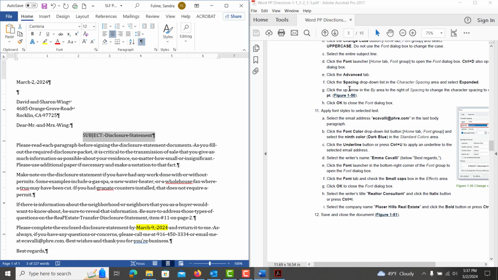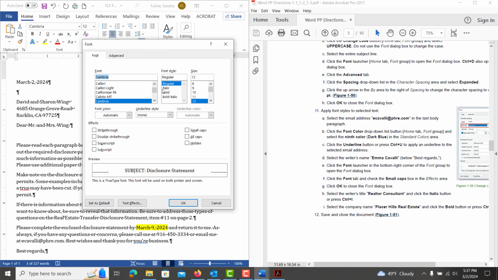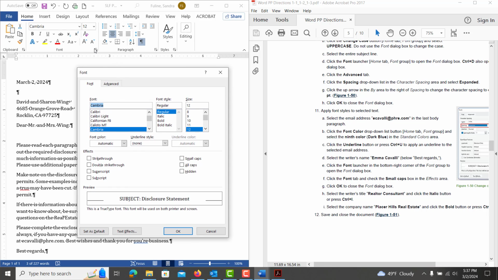And it also has us, and I may have actually done a step ahead, I apologize. We are going to center it up eventually, but we're still on 10C, and we'll keep it centered for now. And we're going to launch the font dialog box launcher. So we're going to hit Control D, or you can hit the little itty bitty box in the font group